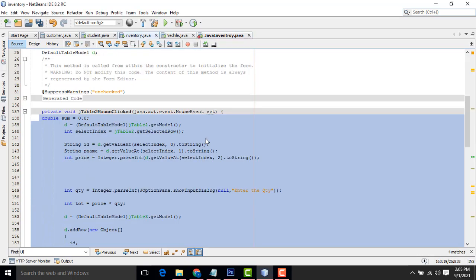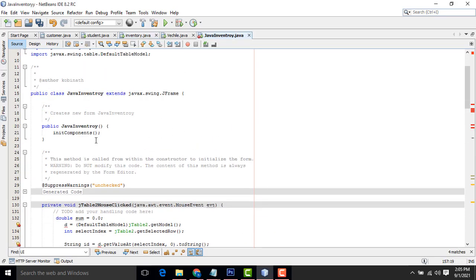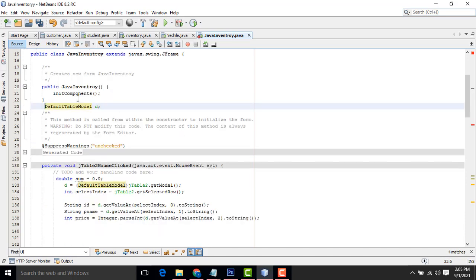Here is the same thing. This one I needed. Alright, okay. First, what I did here is import the DefaultTableModel class object, which I have created as D. We create the default table class for the purpose of communicating with the JTable. If you are going to add any records to the JTable, we have to implement this class. We have created the object D.